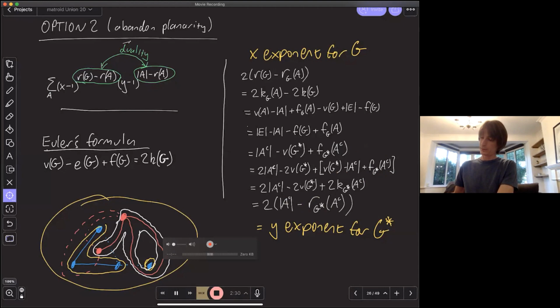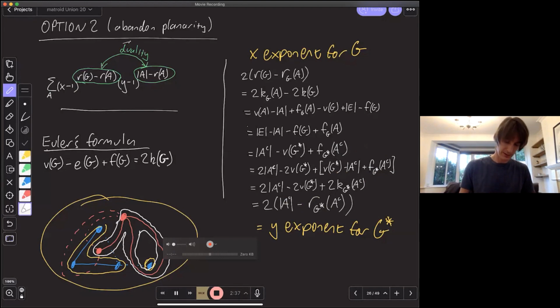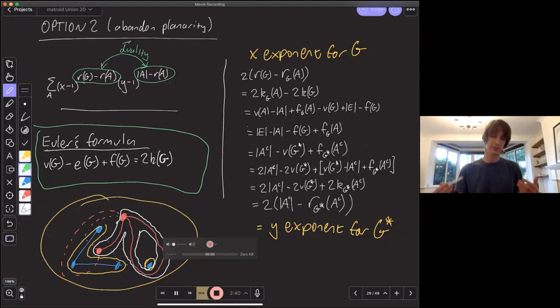So that's all great and very well and good, except for the fact, remember, we had this plane duality formula, so what's going wrong?